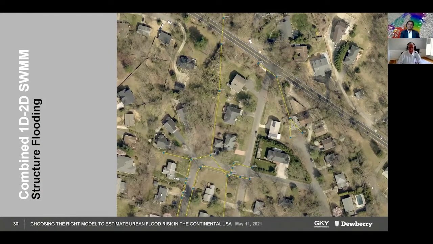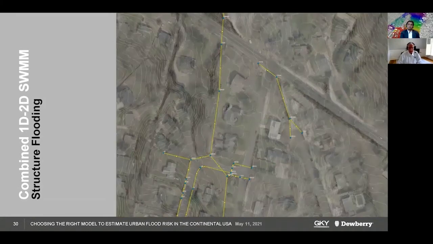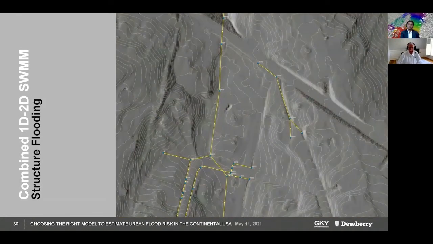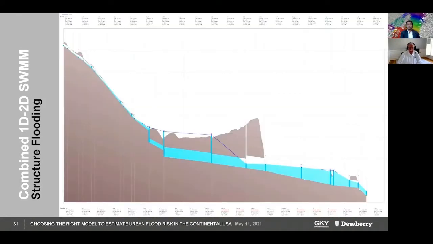And this is actually a bowl. So if you look at the topography, it shows up more clearly in the next slide, that the area of interest where the homes flooded is in that saddle area. And what we're interested in doing is providing 1D improvements, what can be done in terms of adding pipes and doing bypasses and things like that, adding inlets to reduce that hydraulic grade line to keep those homes from getting